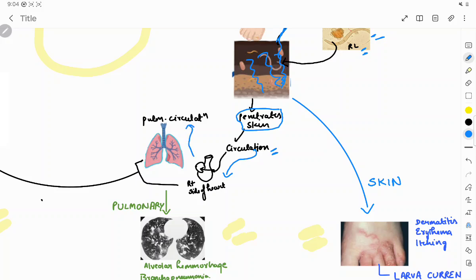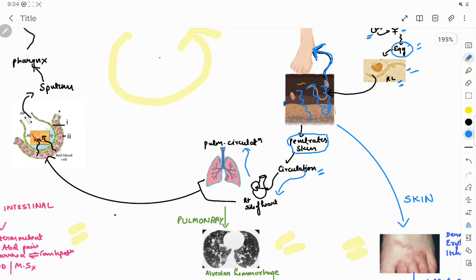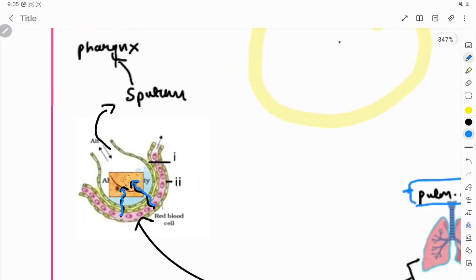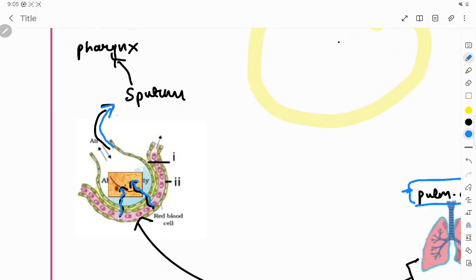Now we have to complete the cycle and anyhow reach the GIT, and that's not really difficult for the worm now, because it is in the pulmonary circulation, and through this pulmonary circulation you see the filariform larva reaches into the alveoli. And we know that from the alveoli it can reach up to our bronchus and trachea, and we